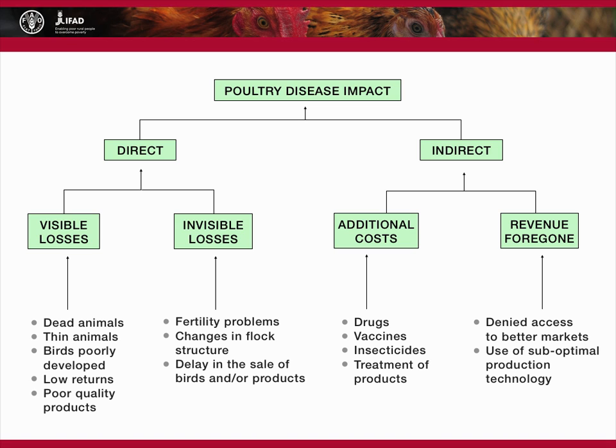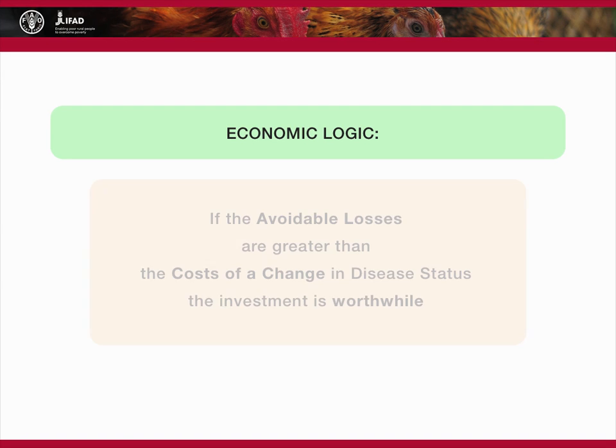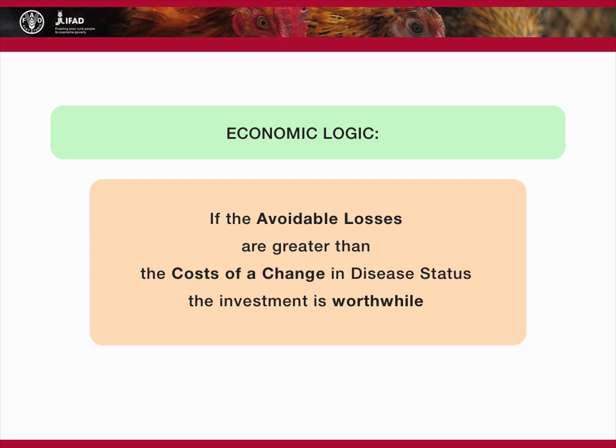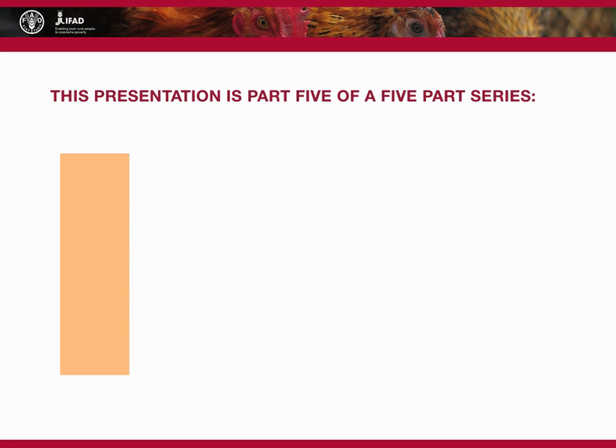The more we spend on surveillance, control, and prevention, the less the direct impacts. Decisions on animal health are often based on trade-offs between the costs of control and the benefits from avoiding direct impacts. Economic theories and tools are valuable here in assessing when a change may be useful. According to economic logic, if the avoidable losses are greater than the costs of a change in disease status, the investment is worthwhile. This presentation about budgeting is part